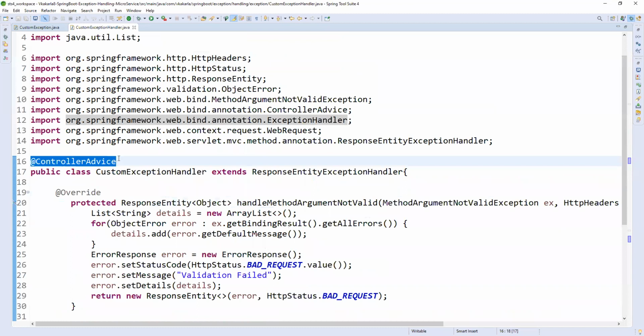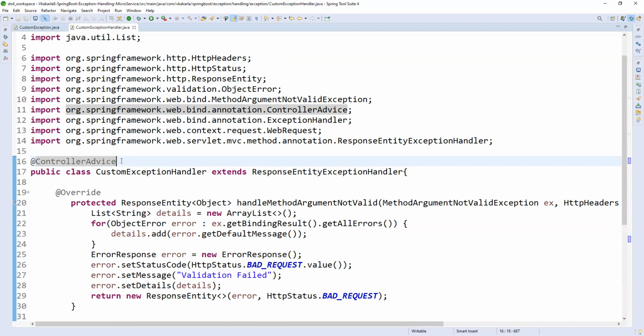The responsibility of this @ControllerAdvice is to catch exceptions wherever you created an exception throughout the application. For example, you create an exception in a controller class based on your conditions, or in the service impl, or in some other utility class. All the classes wherever you create exceptions, you can simply throw.